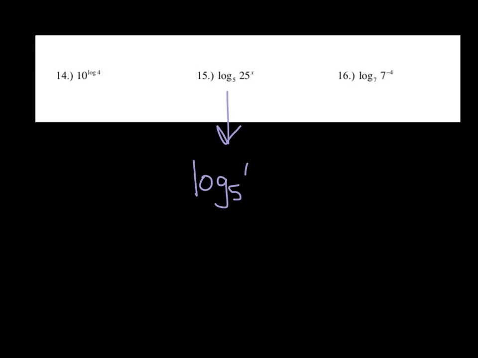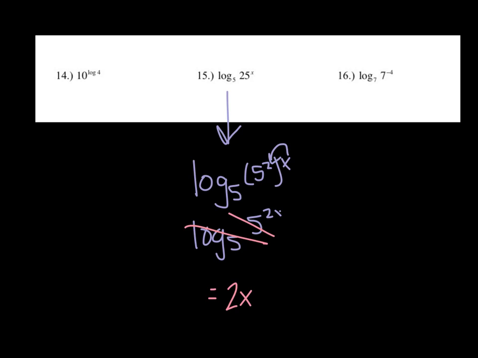So instead of 25, I'm going to write this as 5 squared to the x power. Now, when we do that, our exponent rules say that this will give us log base 5 of 5 to the 2x. That x gets multiplied in, power to a power. So now that the base of our log and the base of our exponent are the same, this expression just equals